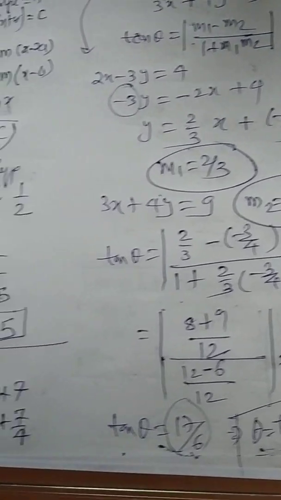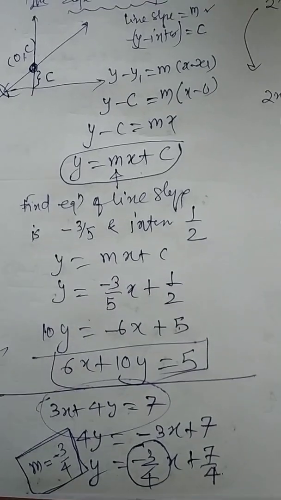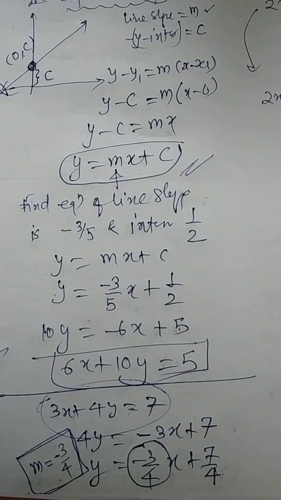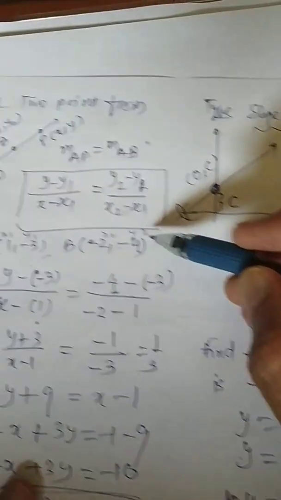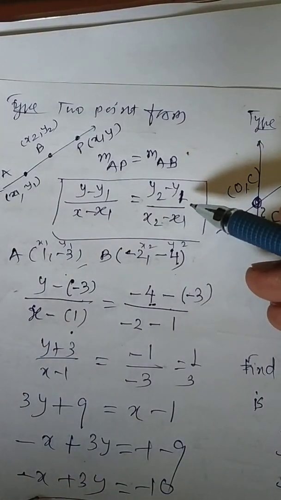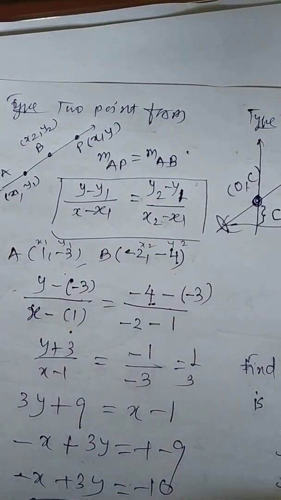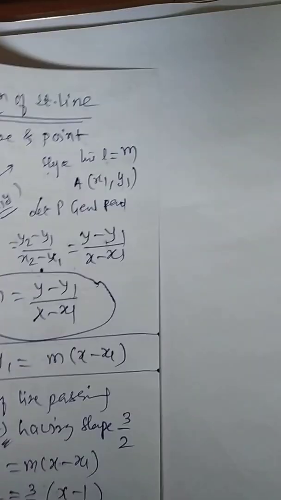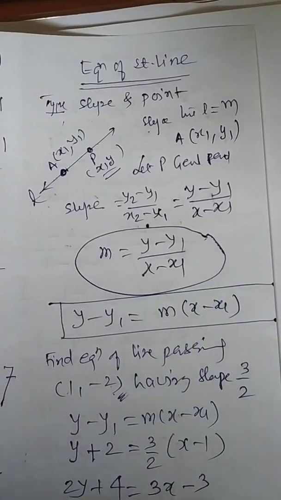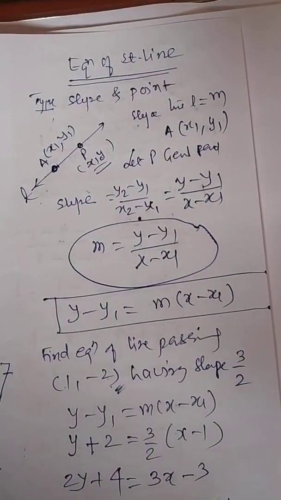Now it is easy for you to get the angles, because you have learned a new system, y is equal to mx plus c. Three equations you have learned. One is y is equal to mx plus c, another is y minus y1 upon y2 minus y1 is equal to x minus x1 upon x2 minus x1. Remember this, because two points are given and a question can be asked. And one more form you have learned is the slope point form. With this we will conclude this video. Okay, thank you.